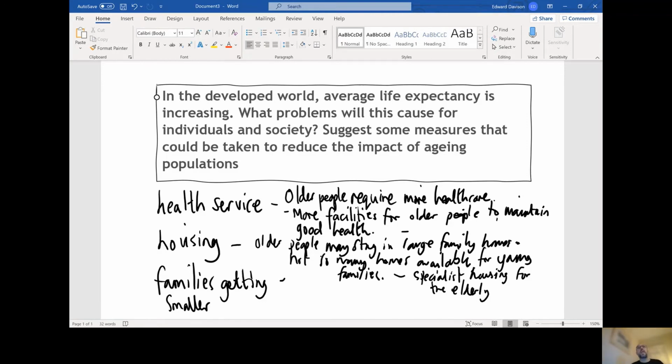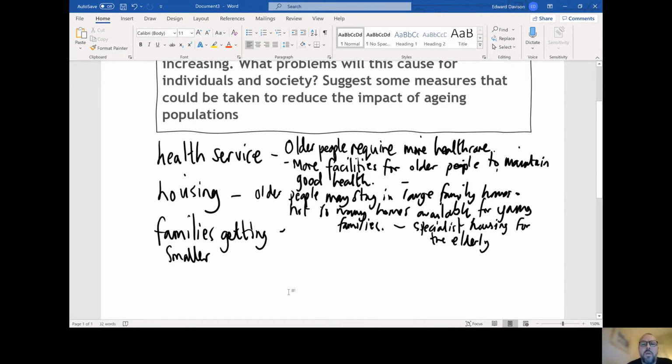They're happy to vacate those and perhaps share, if they own those properties and sell them, they may want to share that with younger generations in their family, or they may want to pass those houses to younger generations in their family so they can live in retirement communities which are better suited to their needs and alleviate the burden on the housing stock, so that larger families are able to live in the bigger accommodation. I might also talk about how this might affect families getting smaller, and there I would